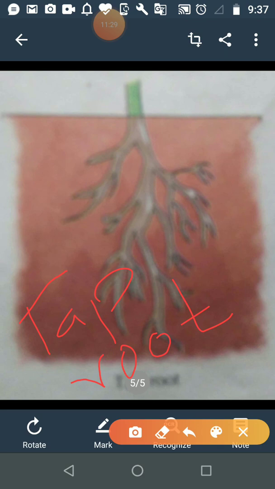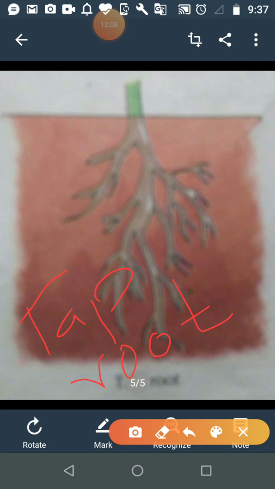That I explained to you. What is a tap root? It is the main root which grows, and from where does it grow? It grows from the end of the stem. And now many small roots grow from the main root. That is the tap root. Are you all able to understand?